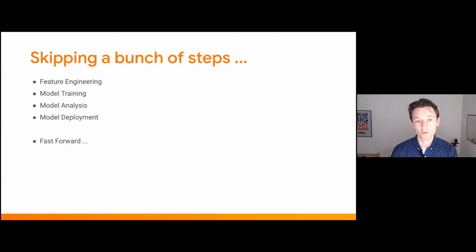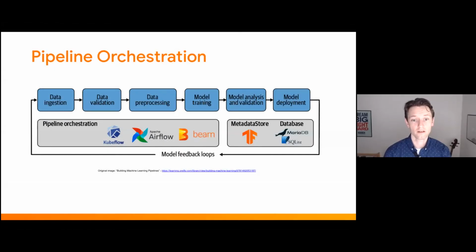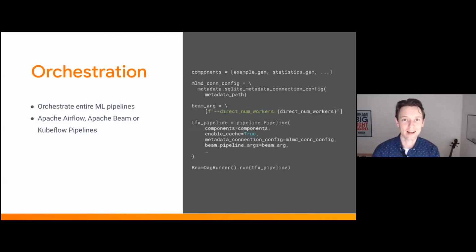We can then move on and define similar components for our feature engineering, model training, model analysis, and the deployment. And then we can tie this together, as I said, into a pipeline. And we can orchestrate that pipeline. And that's where I would say the magic happens, where we can remove the burden from the data scientists to run all those steps manually. We basically define those individual components as a list, and then those runners, which are provided by TensorFlow Extended, define the dependencies between the components and generate